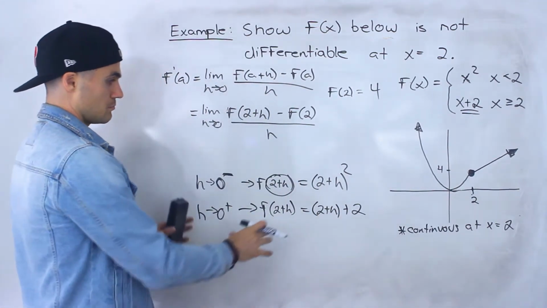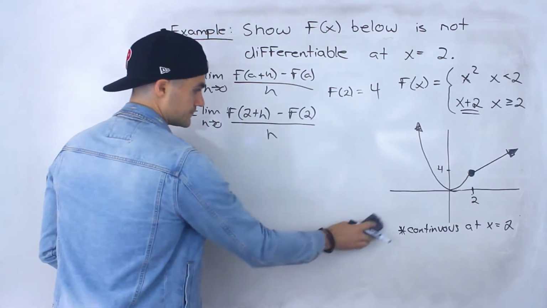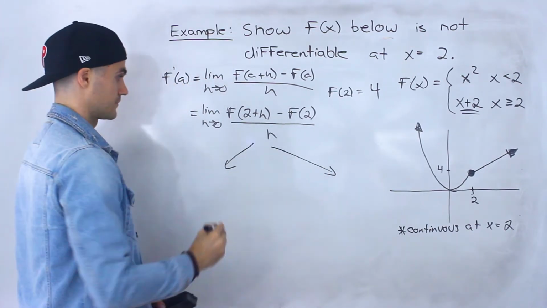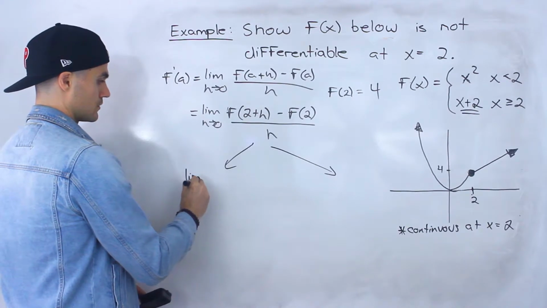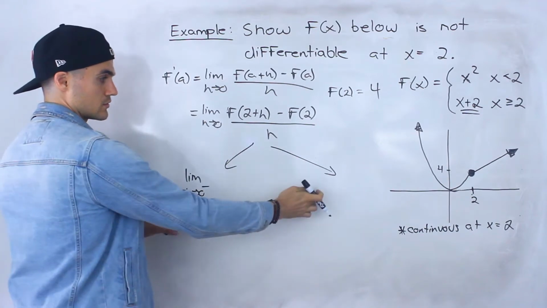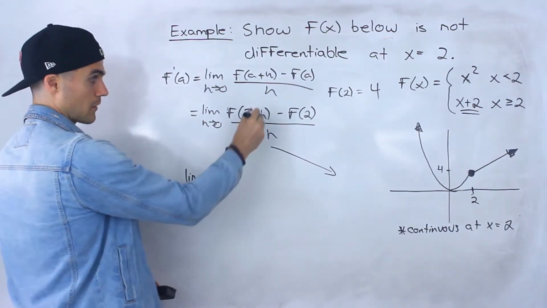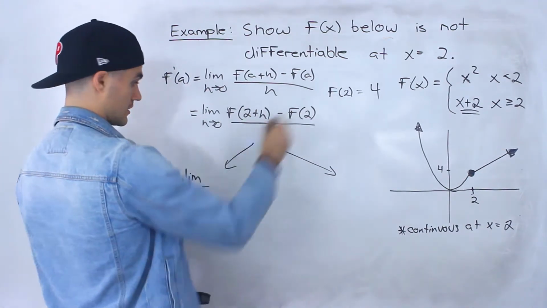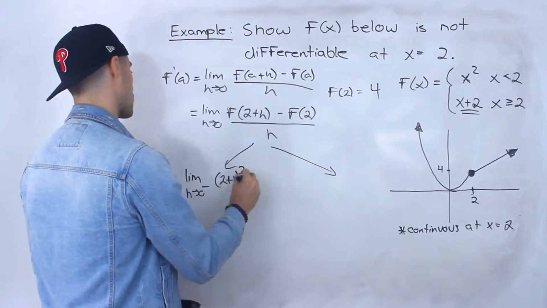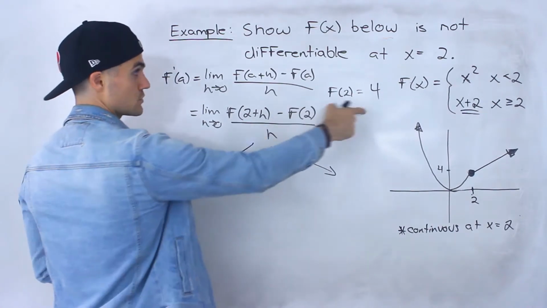And so because of these two cases, we actually have to split up the limit at this point. We have to split up this overall limit and find the one-sided limits. So as we approach 0 from the negative side, remember that f of 2 plus h is going to go into that x squared function. So we're going to have 2 plus h squared minus this f of 2, that's always 4,